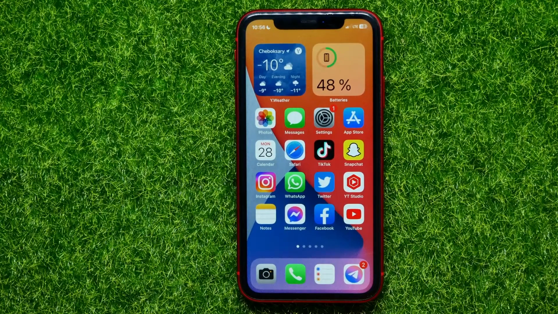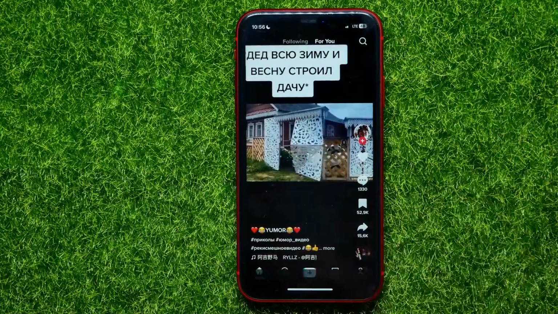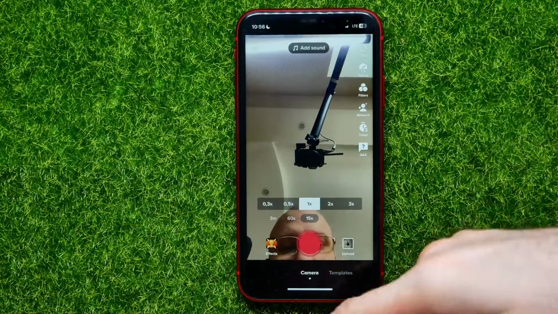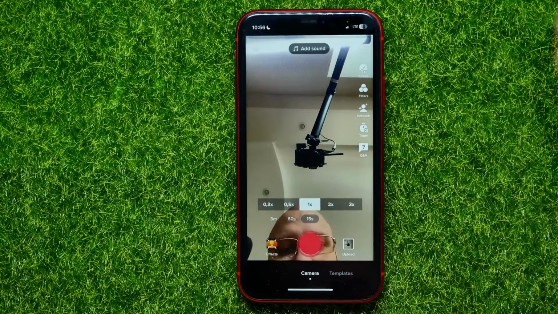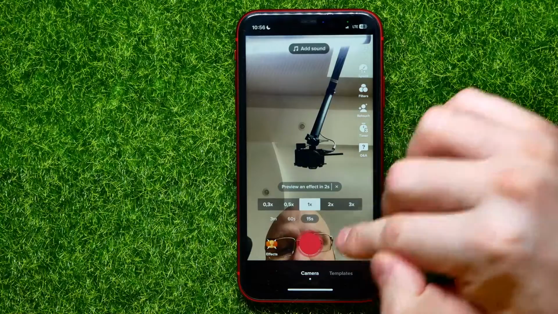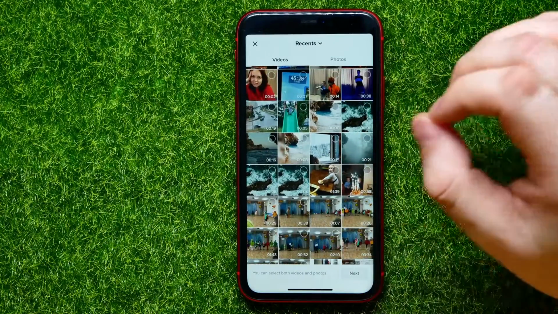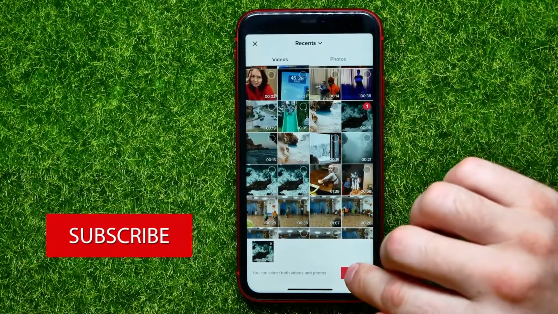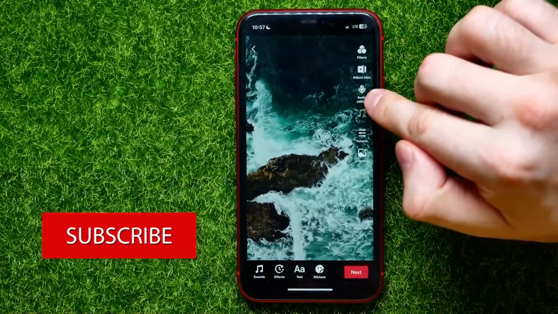So let's begin, and first open up the TikTok app and then hit right here at that plus sign to start recording a video. Once you did that, you can record a short video or you can upload some from your photo gallery. I can hit right there where it says upload, then I can select any video, let it be that one. Now I can hit on next, and all I have to do now is hit right there where it